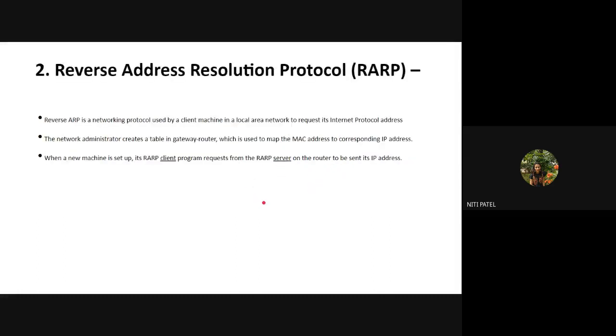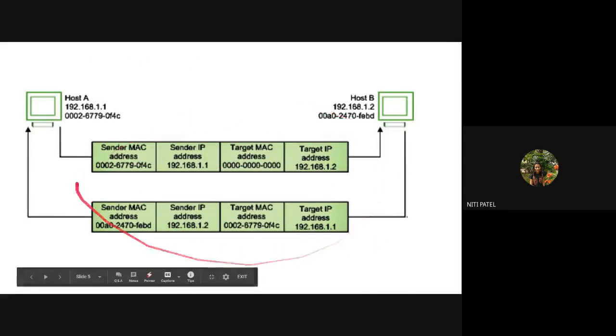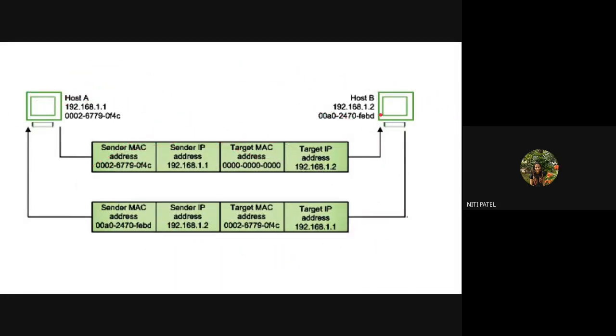So what am I doing here? Again, there will be a scenario like this. Two machines are communicating, where I will have the sender's MAC address, the target machine's MAC address, and the target machine's IP address. When the packet has reached host B, and host B wants to know the IP address of the machine from which it is getting this data, I will execute this RARP protocol. When I execute it, what will the RARP server do? The RARP server will identify the sender's IP address by using the sender's MAC address.